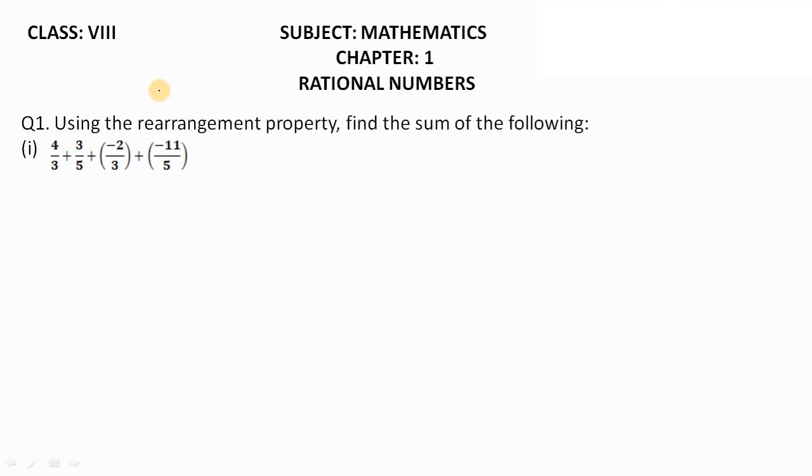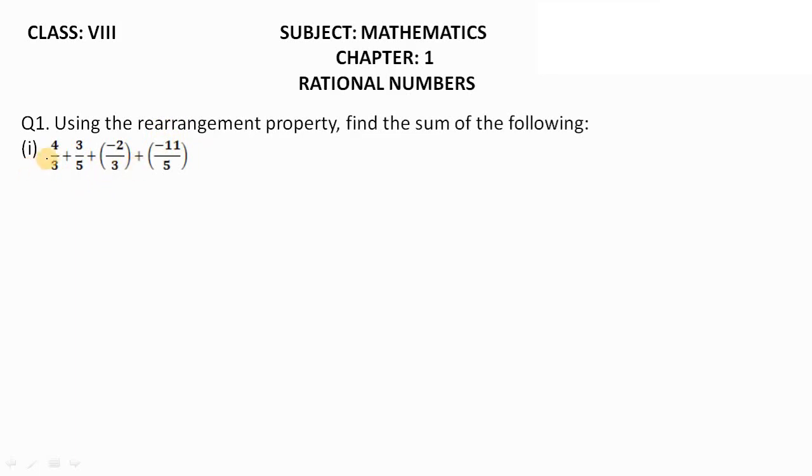Today is our third session of the chapter Rational Numbers. We will be discussing questions related to the commutative and associative properties of rational numbers. Let's see the first question. Using the rearrangement property, find the sum of the following. That means you have to use the rearrangement property and then find the sum given in the